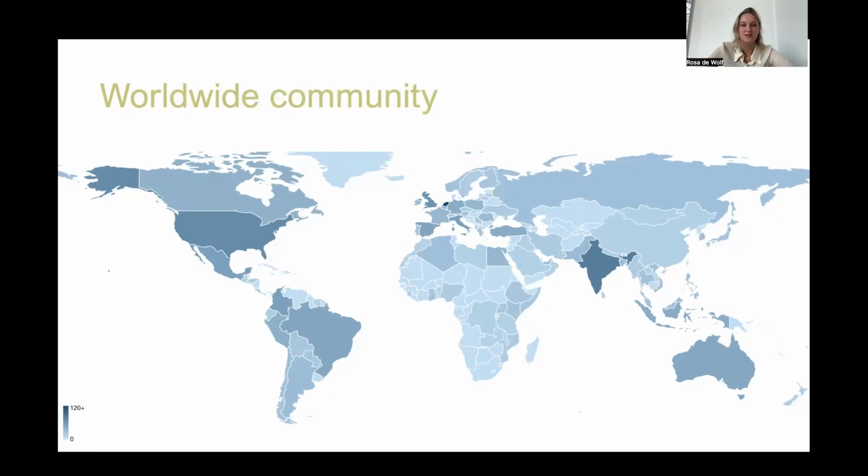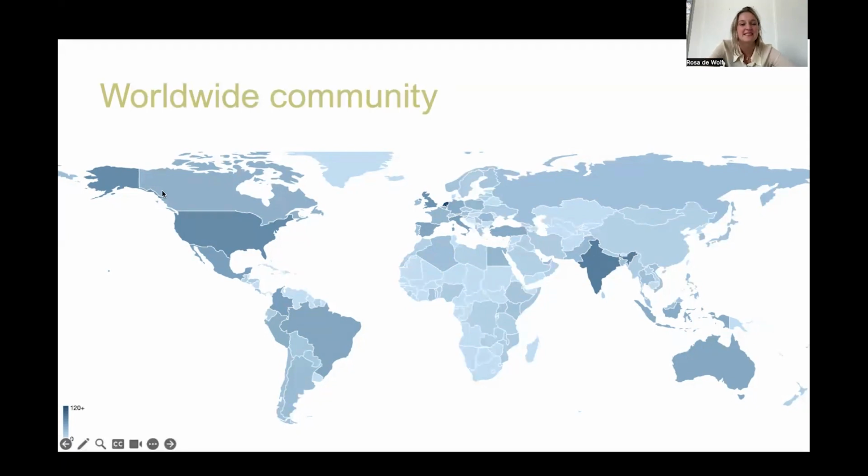This map shows the geography of our community in this run of the MOOC. The darker colored countries have a higher number of participants joining us from that country. We see a dark dot in the middle of the map, which is the Netherlands, and our course team is based in the Faculty of Architecture and the Built Environment here in Delft. I'm happy to see that so many of our students have joined us, but also that others from outside of the university have joined us.